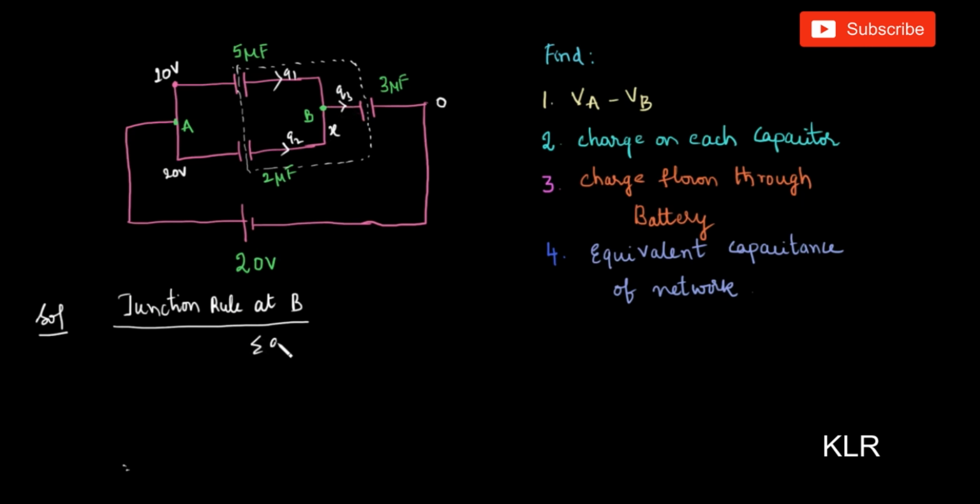So we know that delta Q is equal to 0, or Q1 plus Q2 plus Q3 is equal to 0,